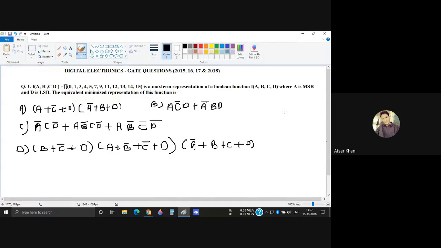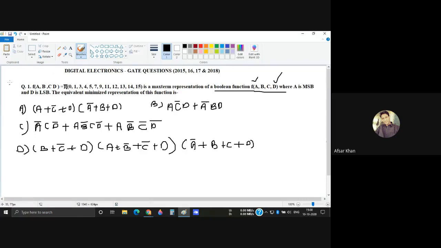Then we have been given a K-map question. We have to minimize this expression. It is Pi of 0, 1, 3, 4, 5, 7, 9, 11, 12, 13, 14, 15, a max term that represents a Boolean function, that is f of A, B, C, D, where A is MSB and D is LSB. So we have to identify from these options which is the minimized representation of this function. So if we solve with the K-map,